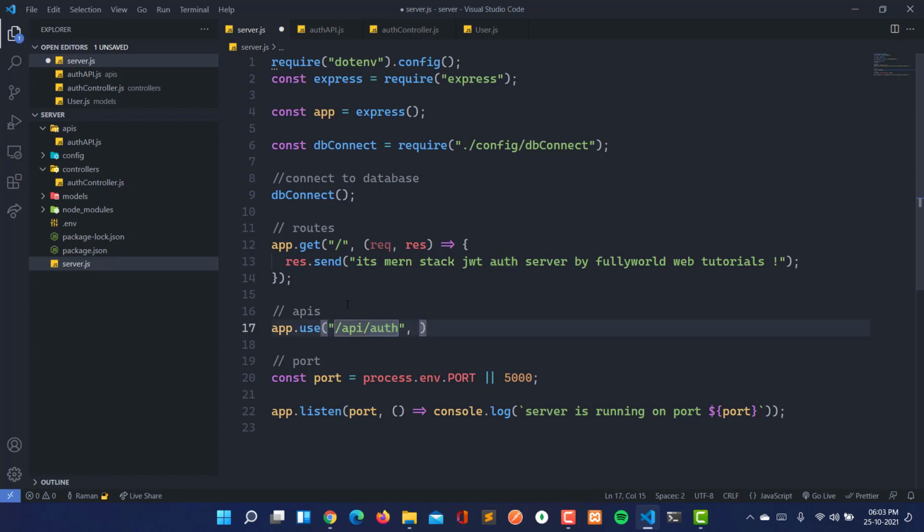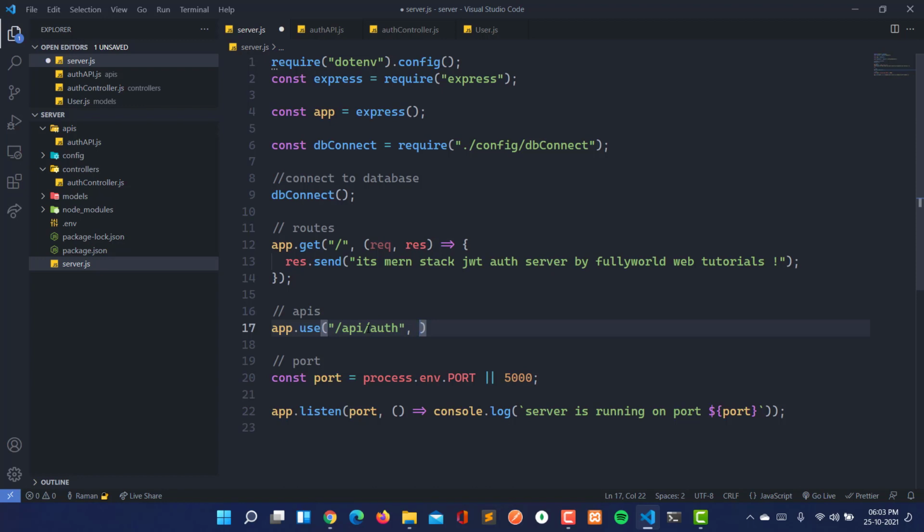If you want, you can create an index.js file for APIs, where all APIs will be stored, but I'm not going to create that. You can create that file also, but I'm going to do it under this only, because we are creating only one API for authentication, and second we will create one for the email verification. Now we have the API for auth here.